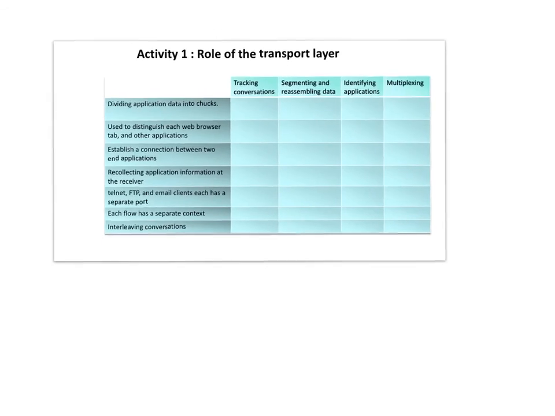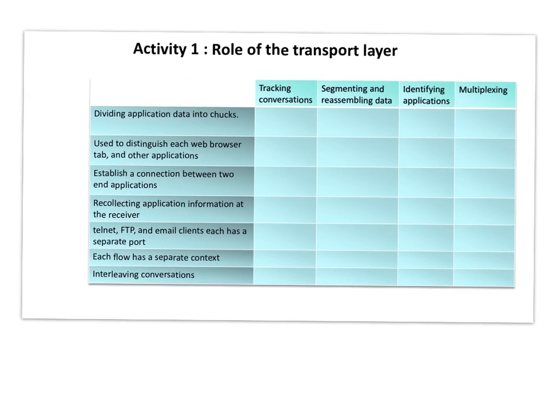So what we need to do now is to map this description to one of these rows of the transport layer protocol. Just mapping, tick, that's it. Based on this discussion. So dividing application data into chunks, easy. Used to distinguish each web browser, this is identifying the application. Establishes a connection between two end applications. This is a